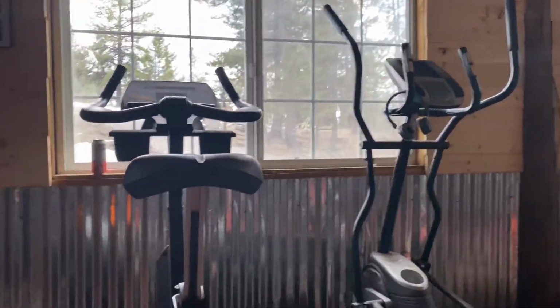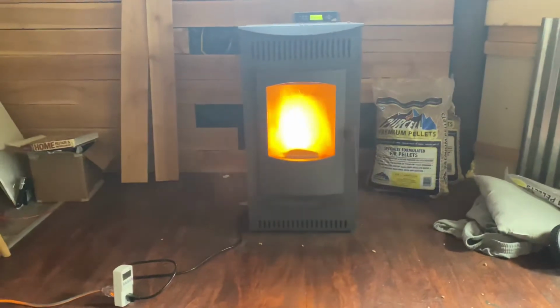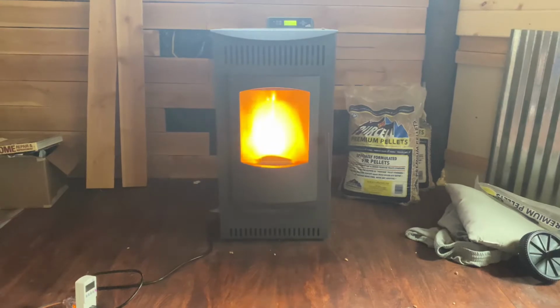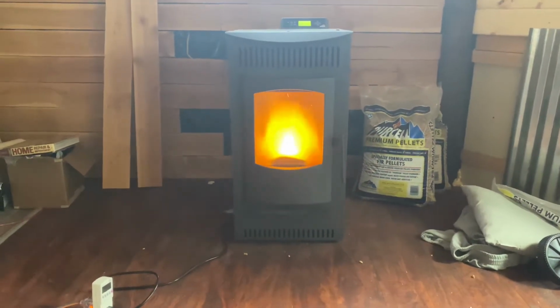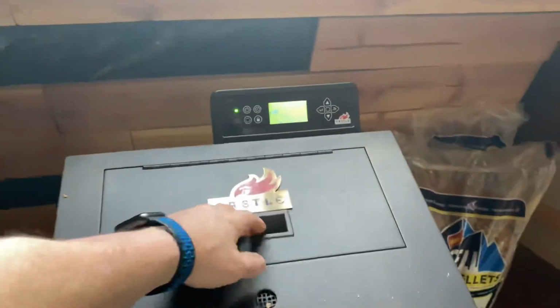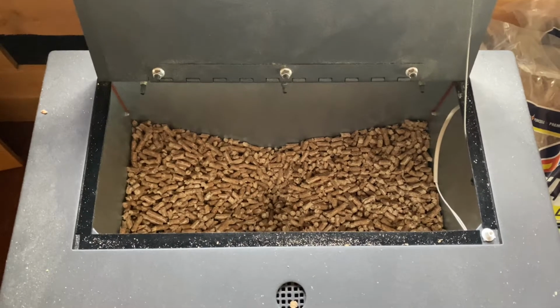So anyway, for those of you looking for a pellet stove, it's pretty solar friendly. I would say this has been pretty good to me. If I had to complain about something, it would be the size of the hopper. It's just not very big. We're talking 40 pounds,